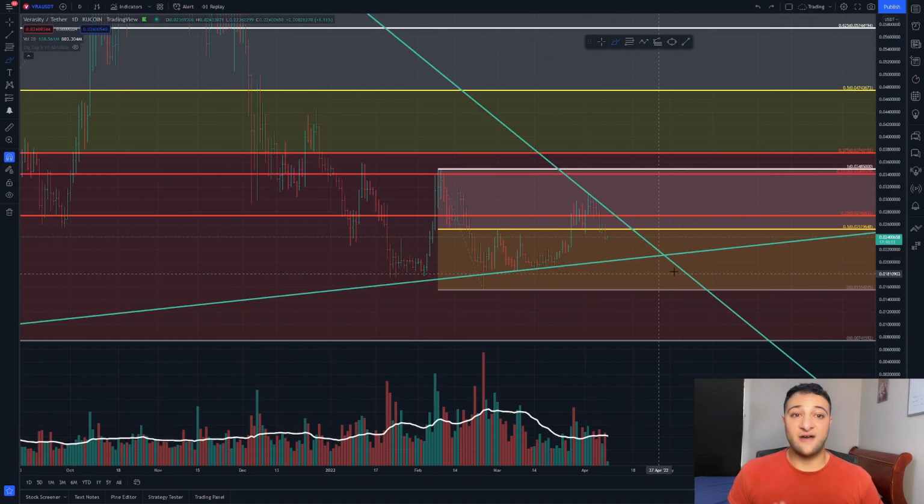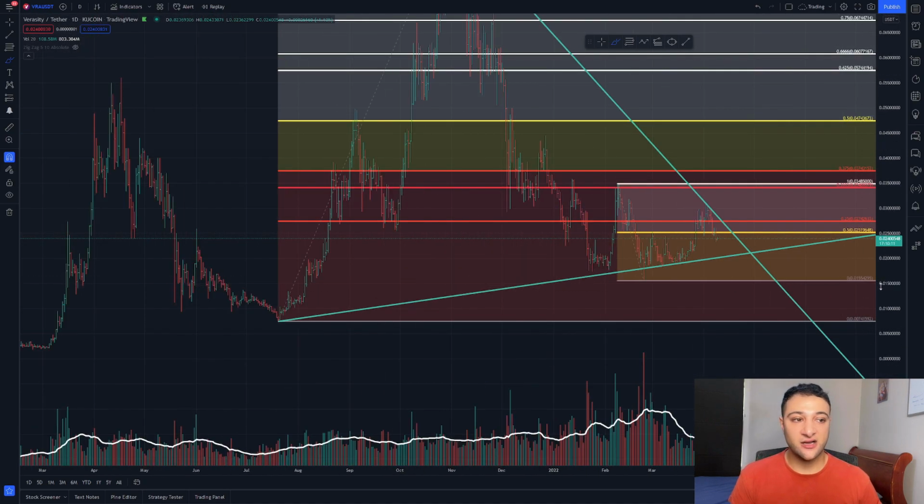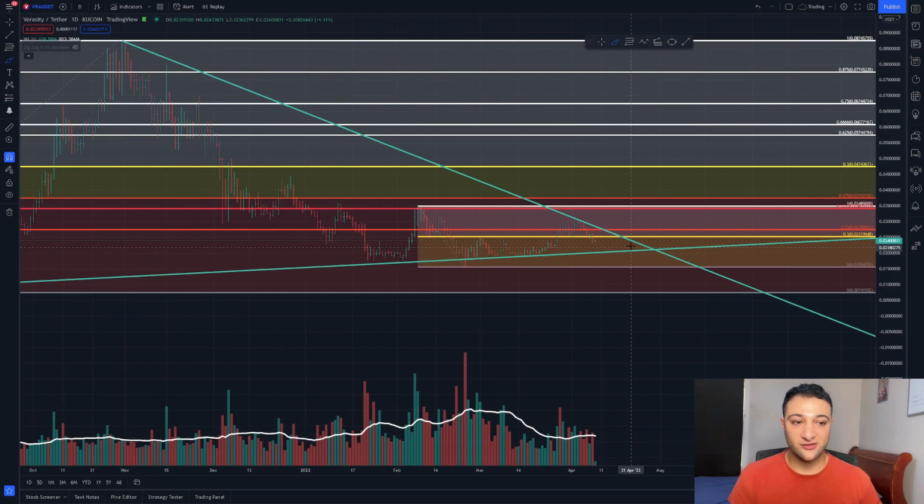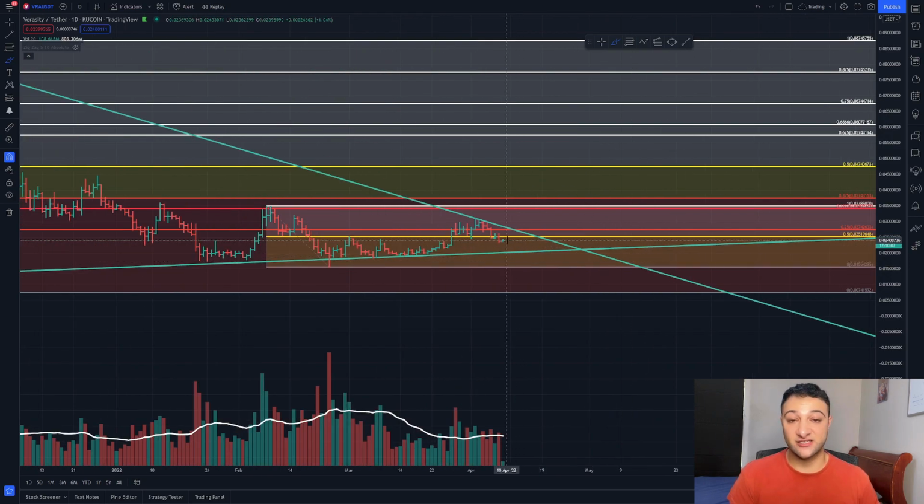I've drawn my trend line here, so that's the teal color, and that is the macro trend line that I'm looking at. Obviously I want to see a break, so first it has to get past its medium 50% or short-term 50% mark, which again is here, and then I want to see it have a nice good break against these old tops that we just put in just a few days ago.